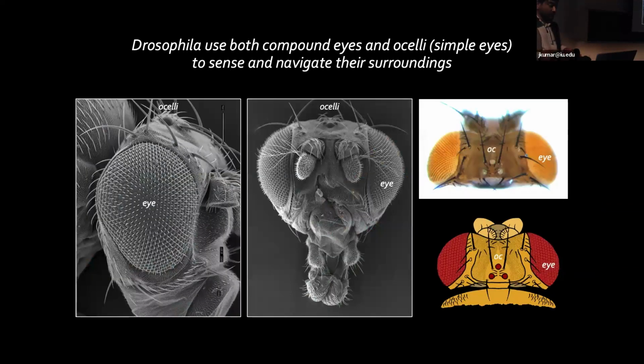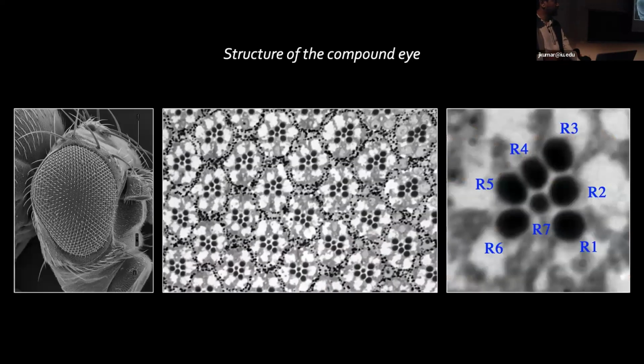Okay, so what I'd like to do is tell you about how these things are structurally different internally and what features of behavior they control. The compound eyes, each one has about 800 units. Each unit has an identical set of about 20 cells: 8 photoreceptors, a set of lens-secreting cells, and a set of optically insulating pigment cells. You can see the photosensitive membranes of each photoreceptor here in these black dots. These are called the rhabdomeres.